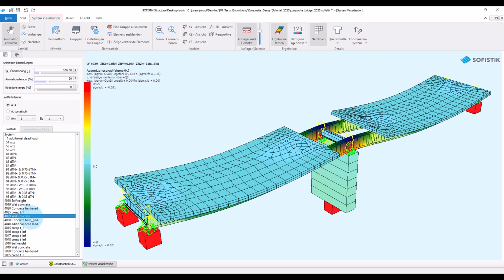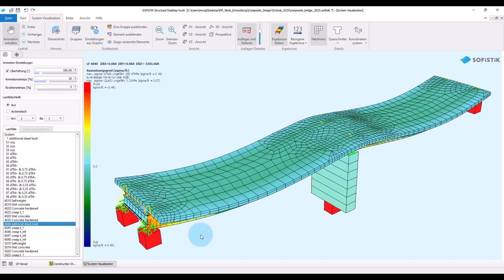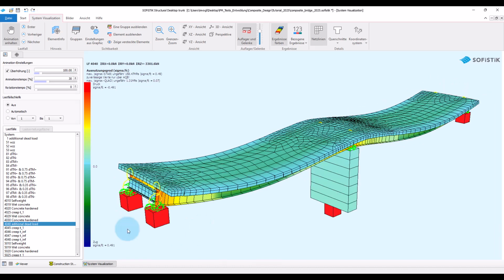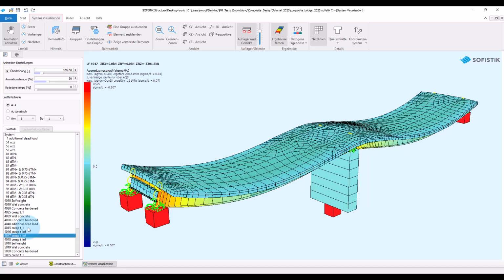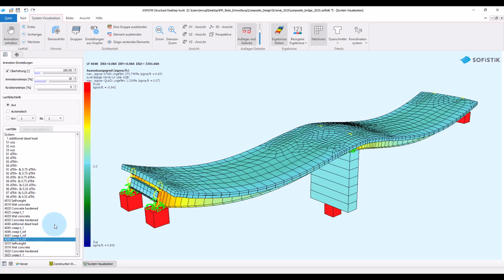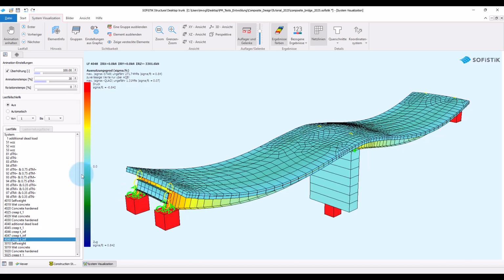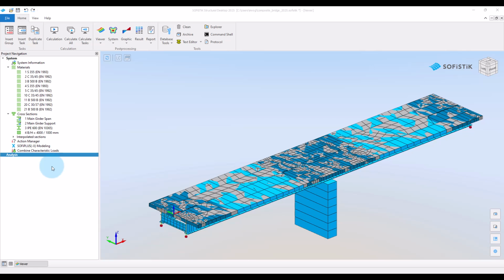Then we pour concrete in the still missing parts around the inner support. This concrete hardens and gets active, and then we have some additional dead loads on the structure that lead to some further deflections. And then finally we have some further creep steps, first now here until traffic opening and then until the end of the bridge life cycle. Now I will show you how to define this construction process in the analysis.